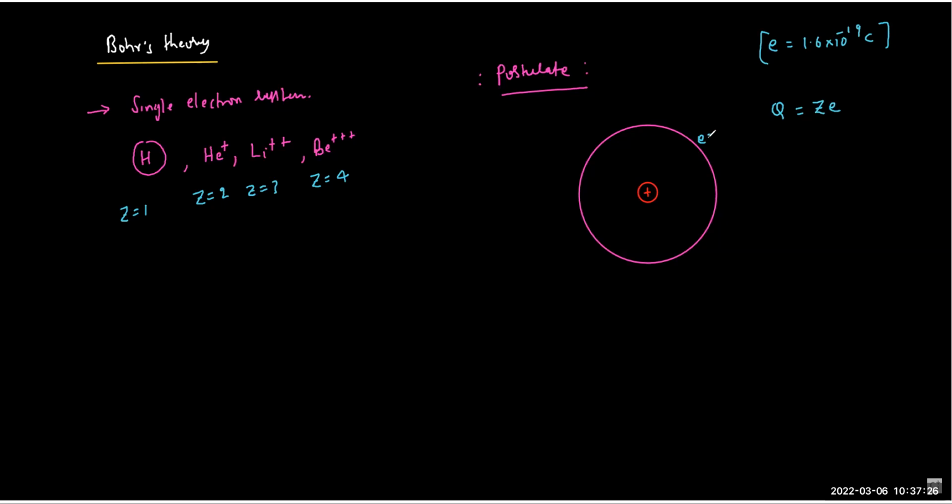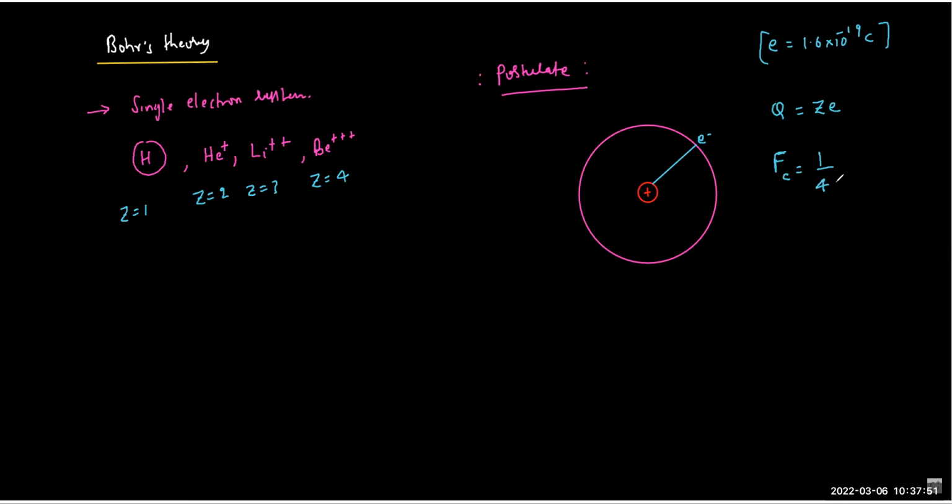Now the electron is a negative charge and the nucleus is a positive charge, so definitely they will attract. Now which law will define the force of attraction? The force of attraction between the two charges we define by Coulomb's law, right? Electrostatic law, yeah. So here we talk about Coulomb's law, and this will be equal to 1